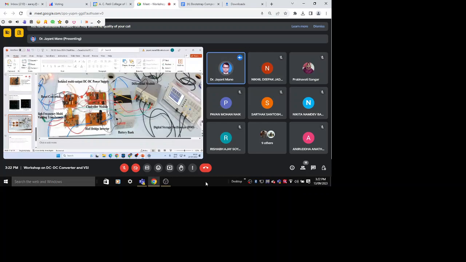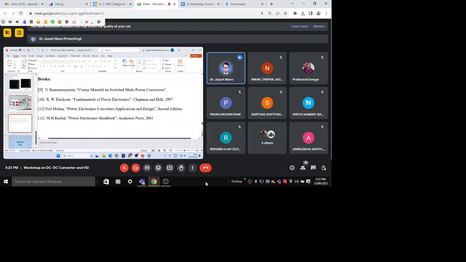So this was the circuit. These are the notes which we have referred to for inductor design. So whatever inductor design, this Ram Narayan switch mode power conversion